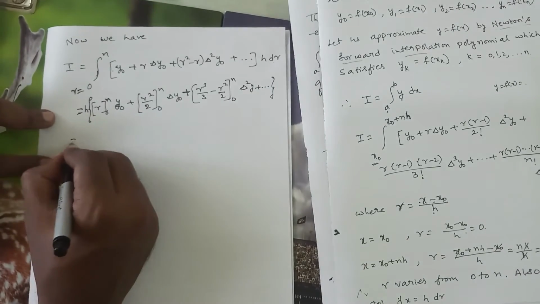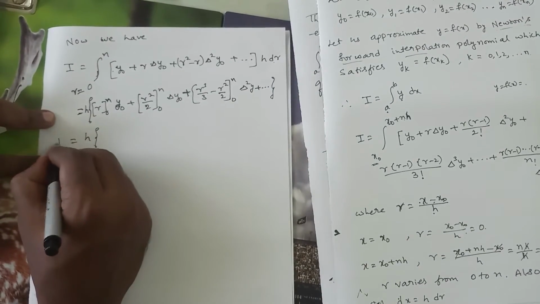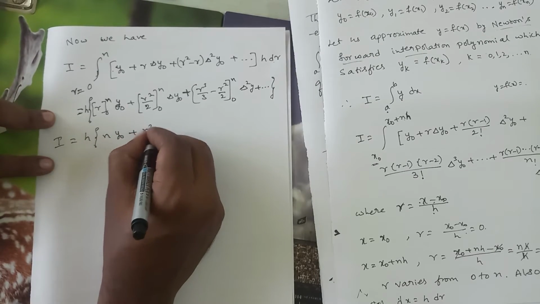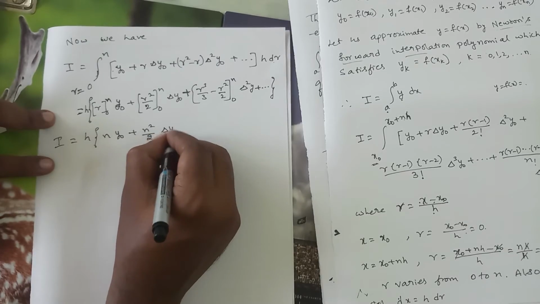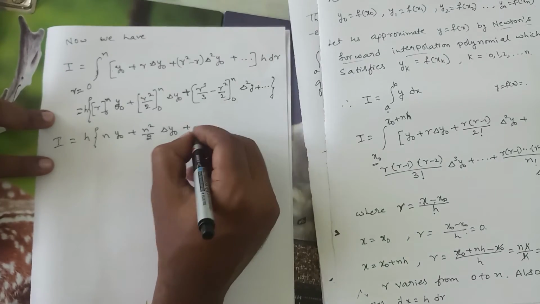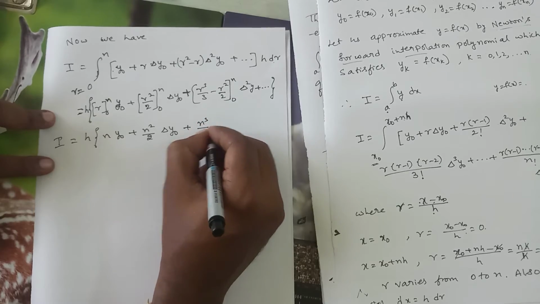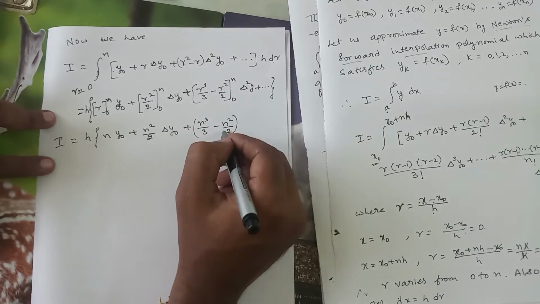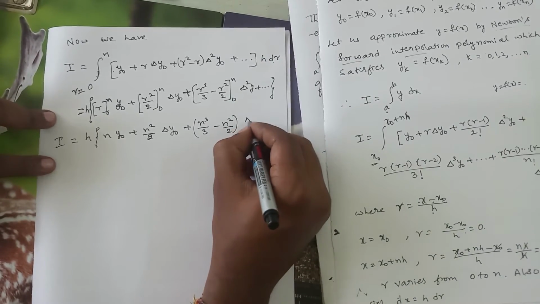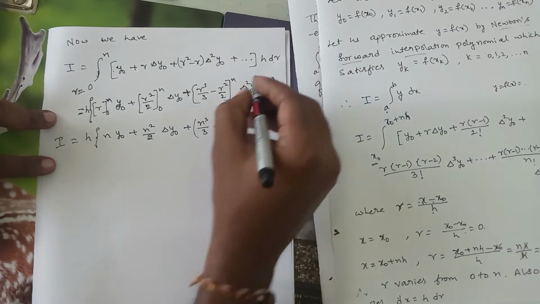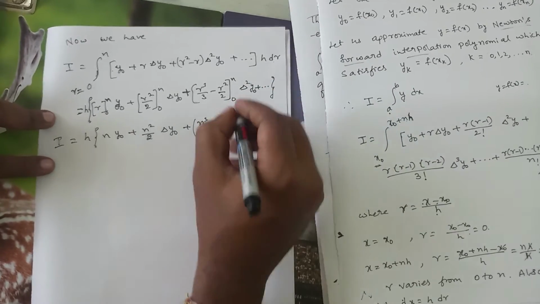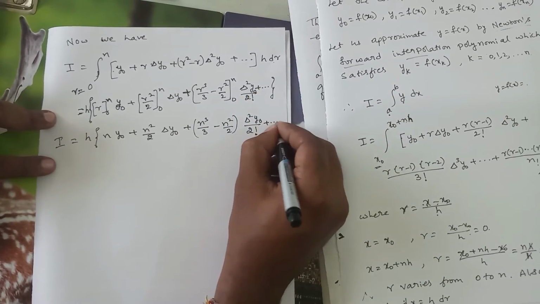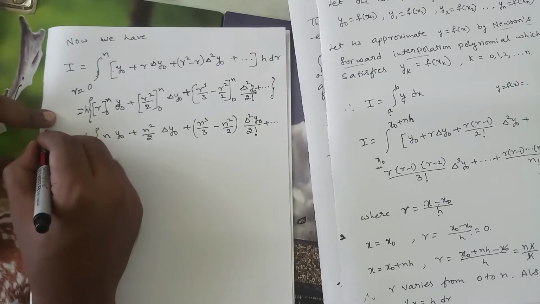Okay, so what do you get? h into y naught plus n square divided by 2 into delta y naught plus, if you apply here, what do you get? n cube divided by 3 minus n square divided by 2. If you apply upper limit and lower limit, you will get this one into delta square y naught, I'm sorry, I forgot n here, divided by 2 factorial, plus so on. So this is your